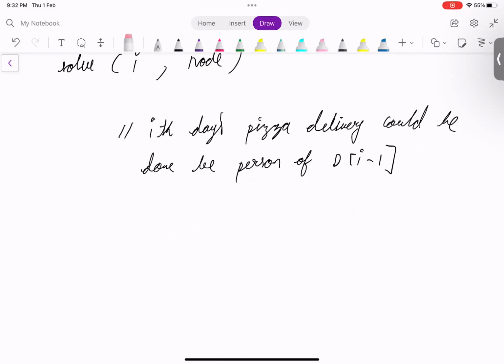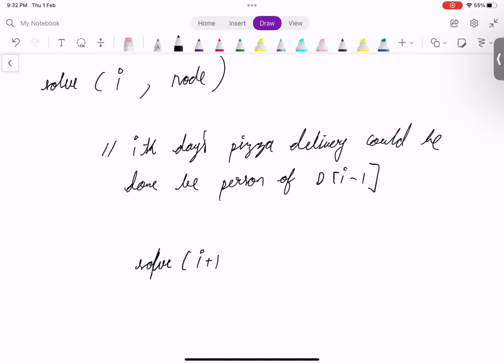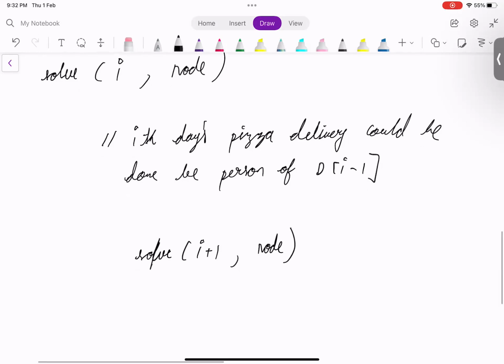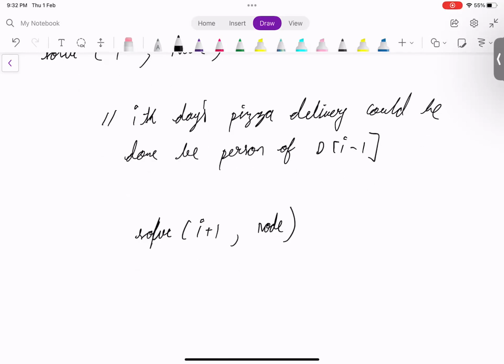solve. Next we'll be going to the next day. So the ith day's delivery is done by the person who is on d of I minus one, and the other person will still remain on node. So one of the transitions is solve of I plus one comma node, plus, this is one of the possibilities. Let's call it the first value, plus the travel time,